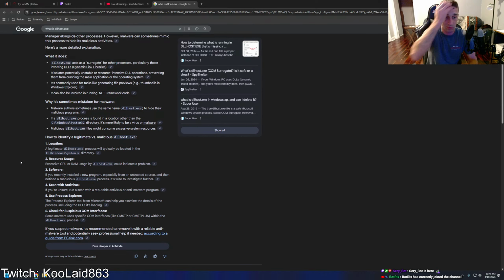How to identify a legitimate versus malicious toolhost.exe. 1. Location. A legitimate toolhost.exe process will typically be located in the C:\Windows\system32 directory. 2. Resource usage. Excessive CPU or RAM usage by toolhost.exe could indicate a problem. What's normal? 3. Software. If you recently installed a new